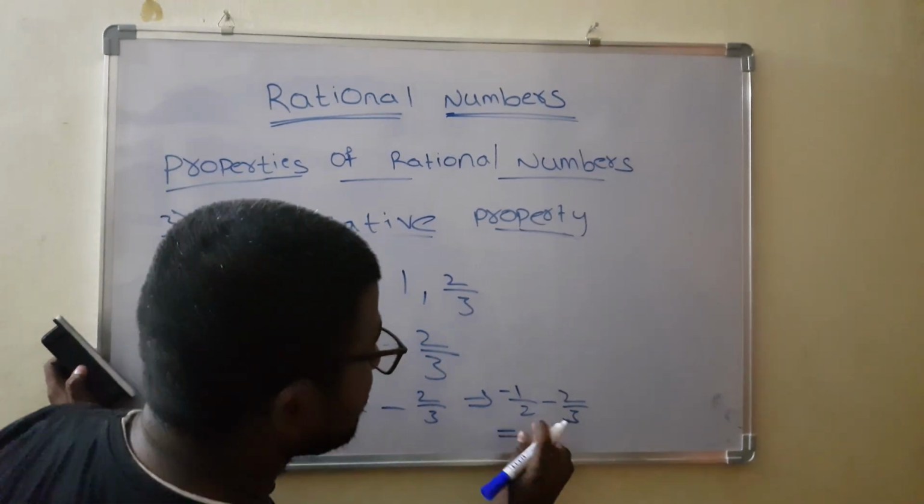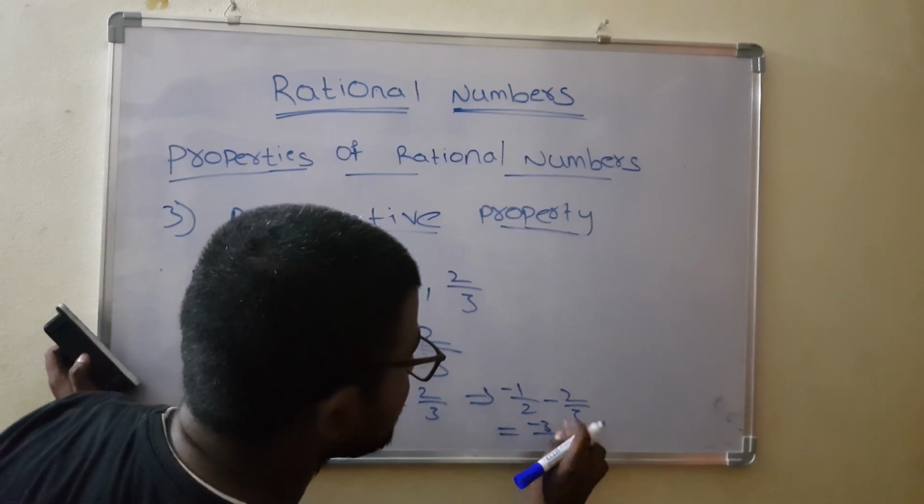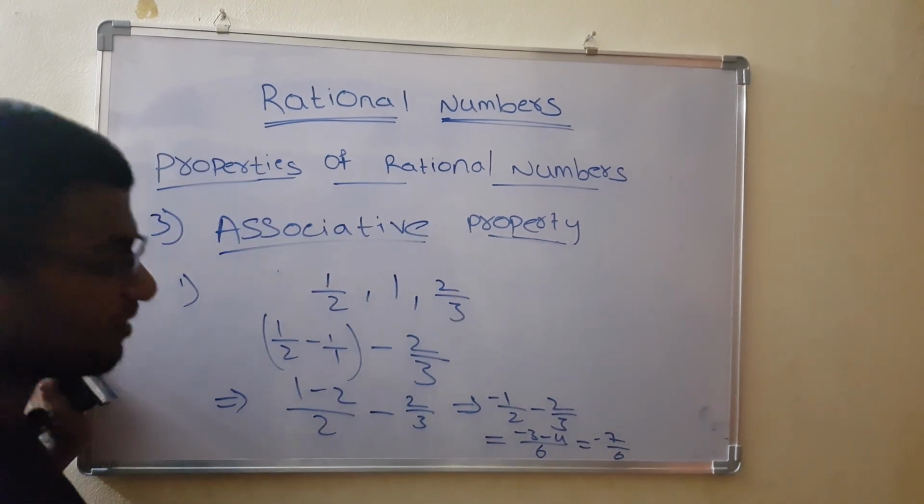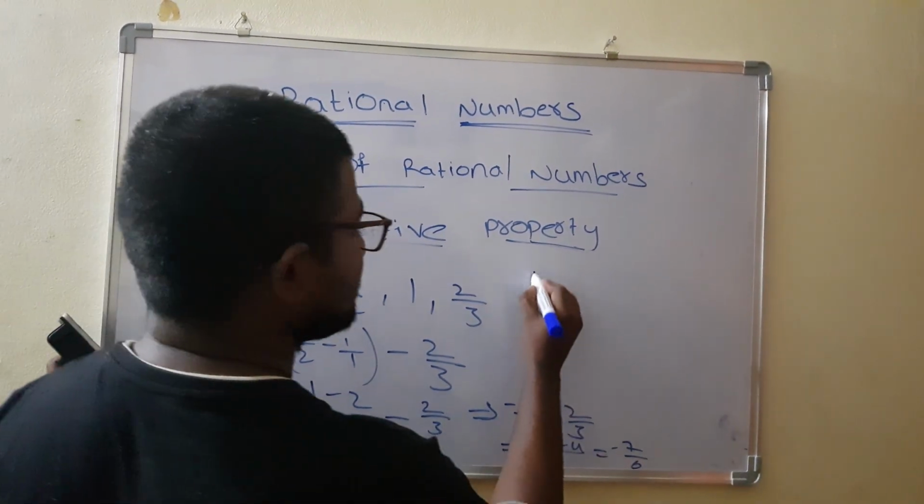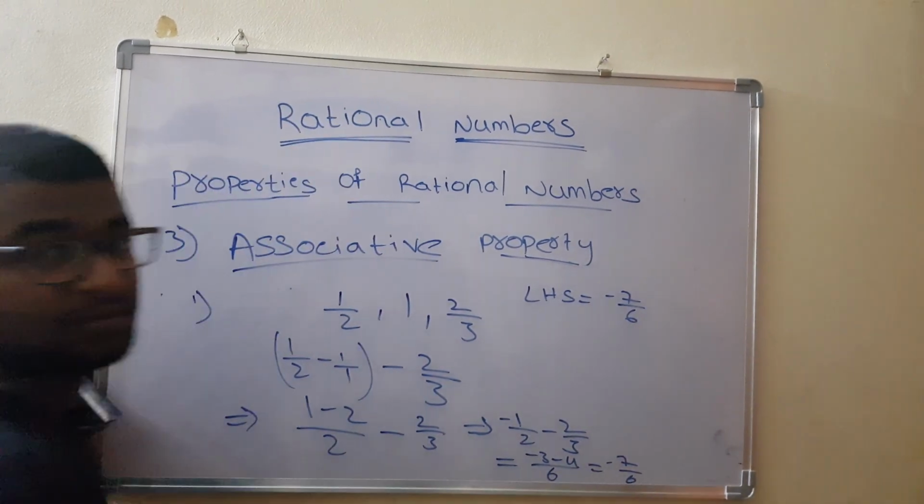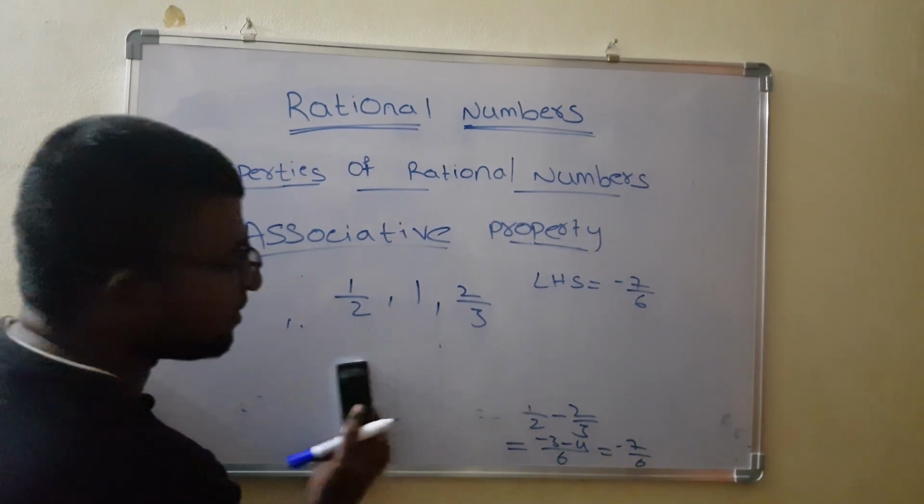What we get as the result? What is the sum of these two numbers? 6. 2 3 is 6 minus 3, 3 2 is 6 minus 4, that is minus 7 by 6. We get the LHS, that is left hand side equal to minus 7 by 6. By changing the order, what we get on RHS,